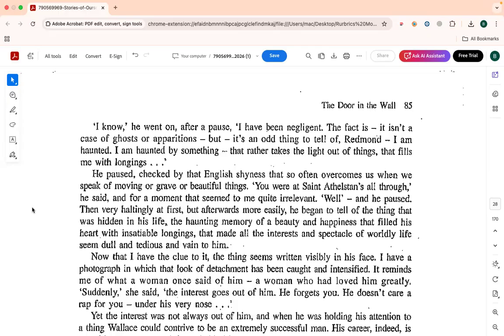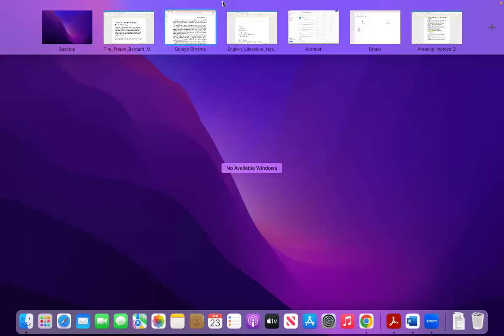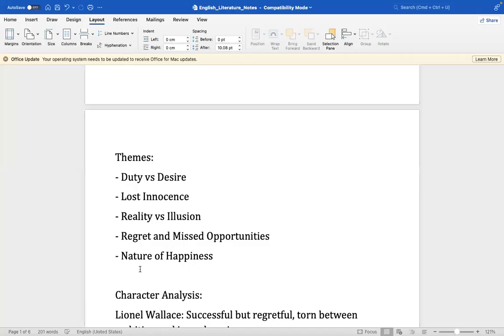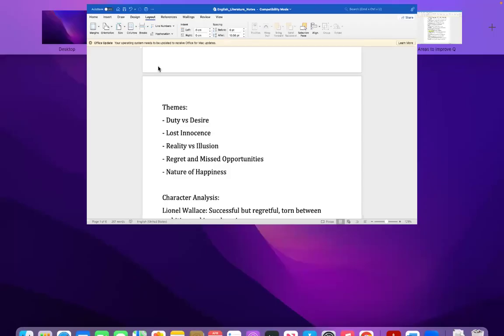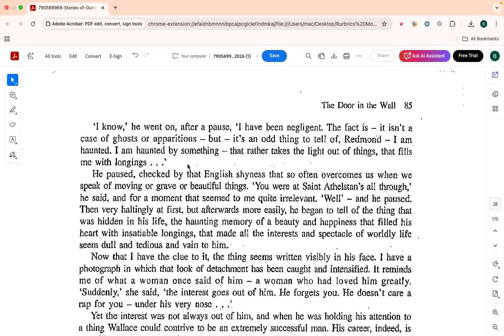This is a direct speech of Wallace while he was narrating his story, and he was sharing his own feelings also. He said, I am haunted by something that rather takes the light out of things, that fills me with longings. So this is also a theme of the story. One of the themes is related to the nature of happiness. All right. So there is a divide between a strong desire to achieve something, but at the same time, he's being stopped,